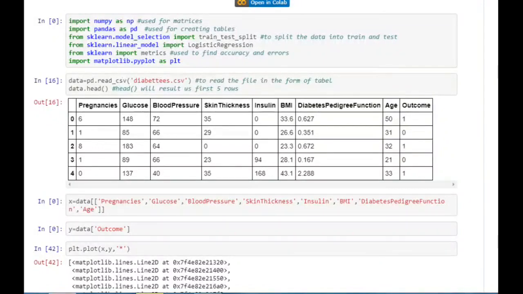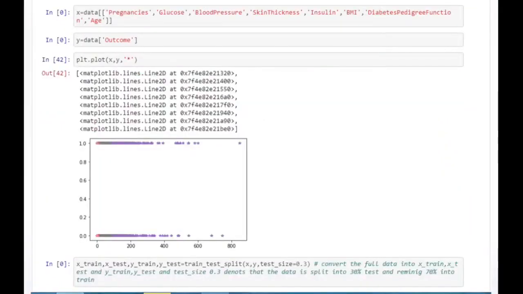This is a classification. So we have to divide the given data into two types of variables: the dependent or target variable, and the independent variables or feature variables. Dividing the data into two variables, we have to plot the given data. This plotting tells us most of the data is near 0 and 1. No data is in between 0 and 1. 0 tells us the person does not have diabetes and 1 tells us the person has diabetes.